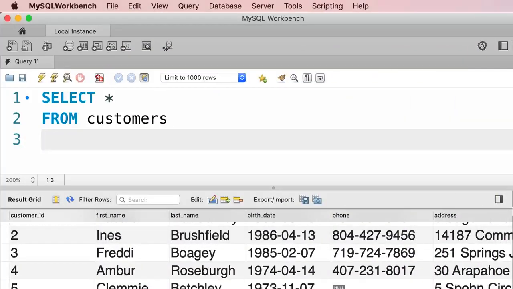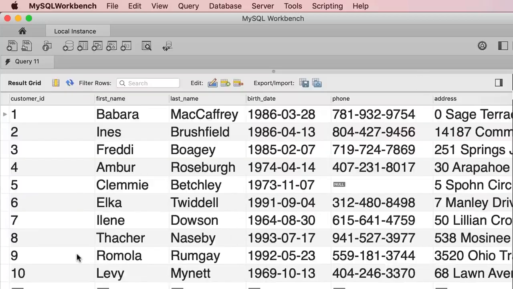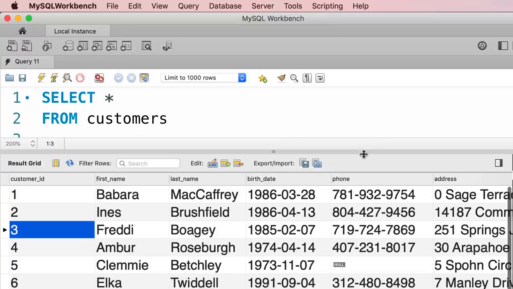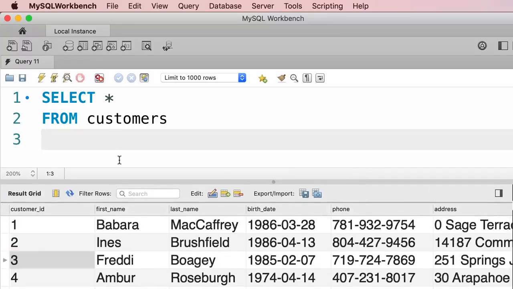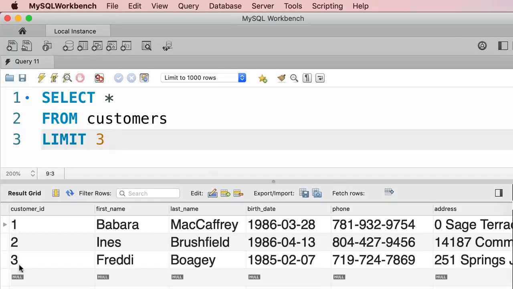In this tutorial, I'm going to show you how to limit the number of records returned from your query. For example, when we execute this query, we get all the customers in the customer table. So we have 10 customers here. Now, what if we only want to get the first 3 customers? That's where we use the limit clause. Let me show you. So after from, we type out limit 3,